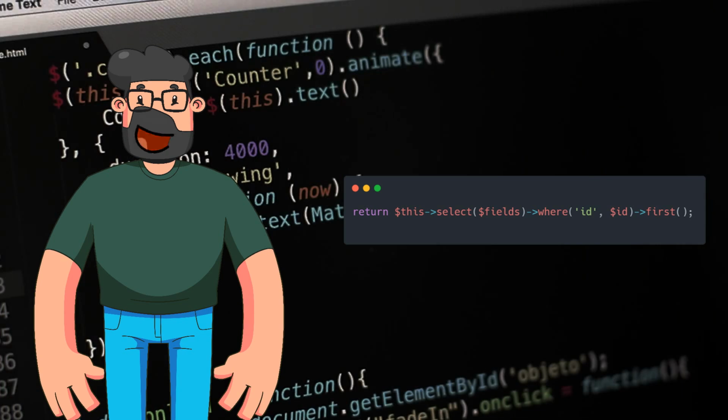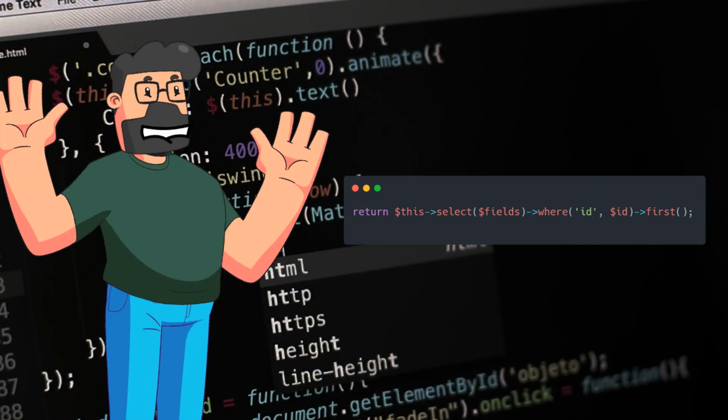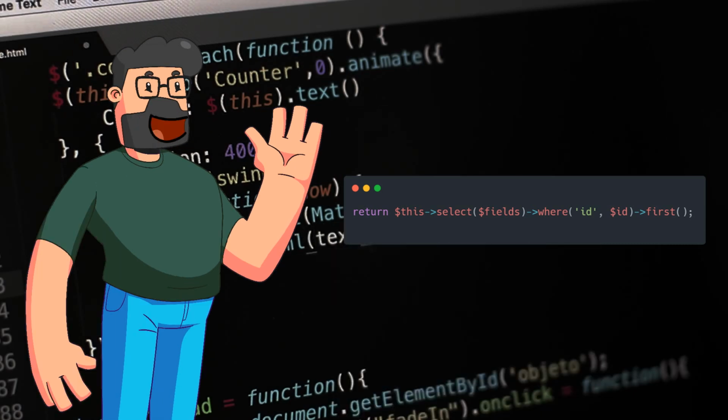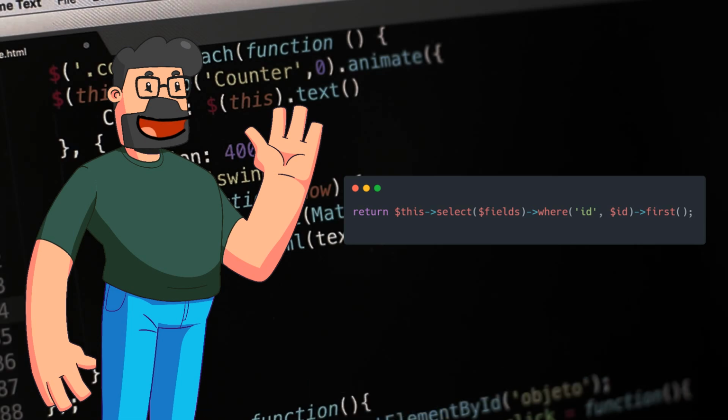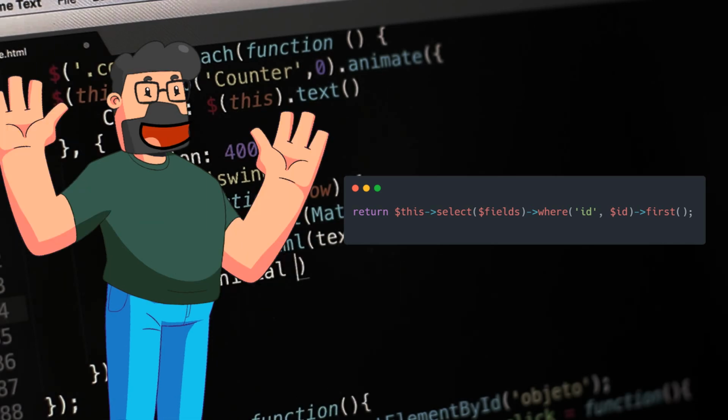Now, let's talk about the solution. Remember that snippet of code I shared earlier? By adding the first method to the end of your query, you'll be able to execute the query and retrieve only the desired data fields from the database. This method ensures that you're returning the actual data you're looking for, rather than the entire model class with all